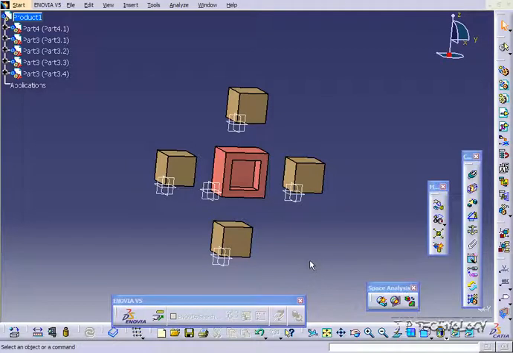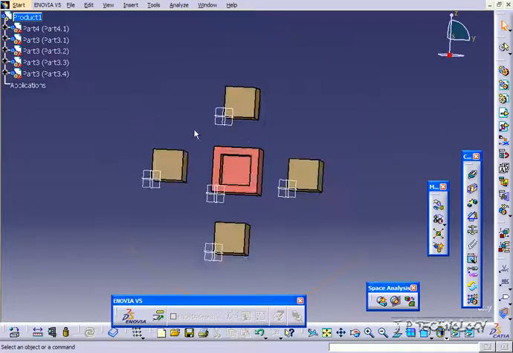This is tutorial number 114, and it covers the angle constraint within CATIA V5. To start off, open up tutorial part number 113, which is located on the DVD. So what we're going to be doing is using the angle constraint to create different angles between all of these